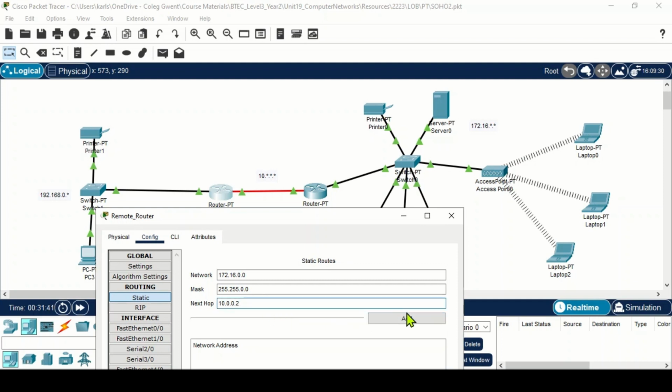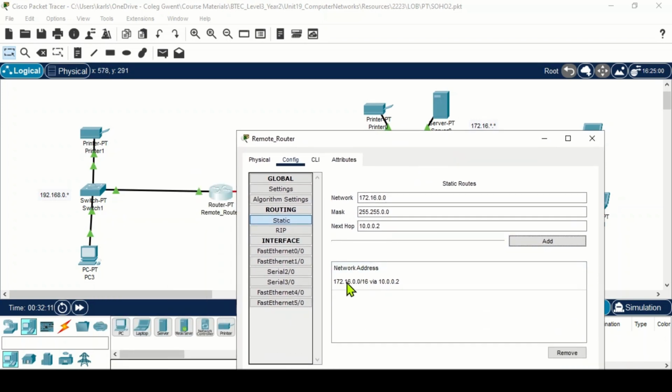You can see that not only does this increase performance in terms of just directing the addresses that we need, it also improves security, because if you have dynamic routing, then basically any person on that network can go through the router. So we can add that there. So we're going to 172.16 via 10.0.0.2,